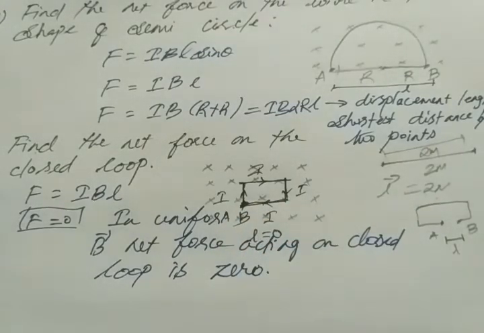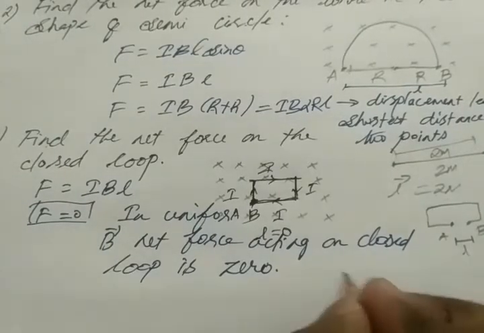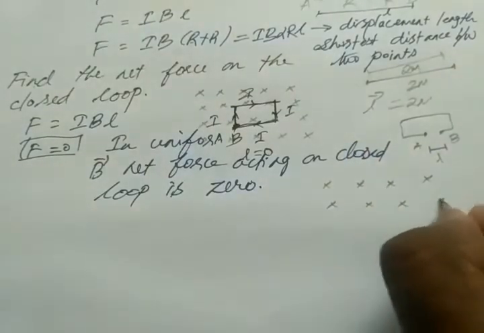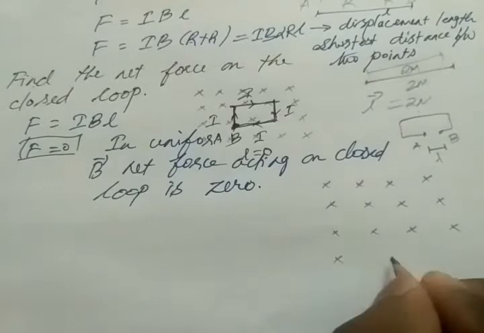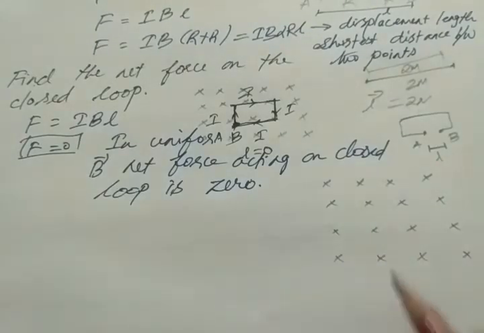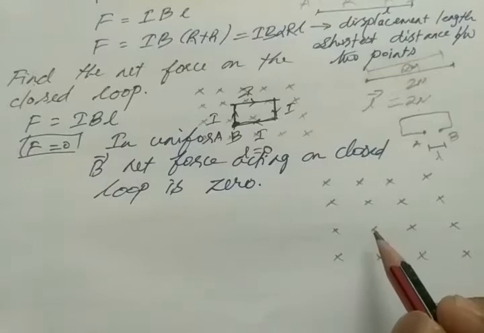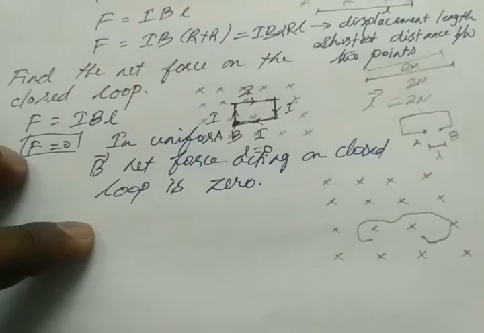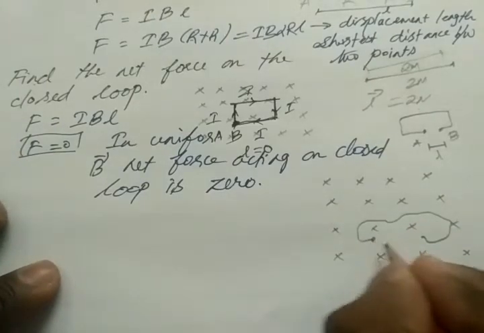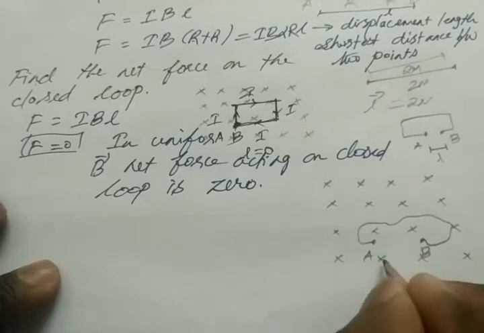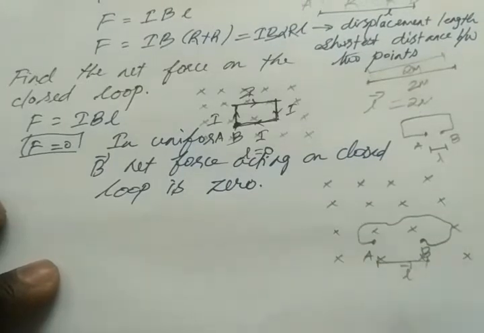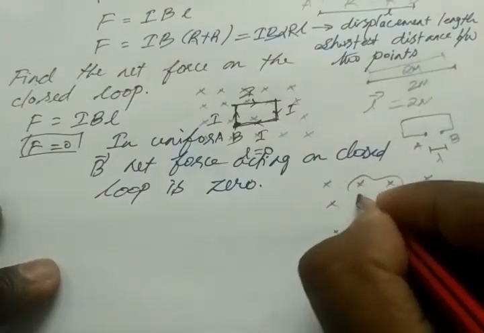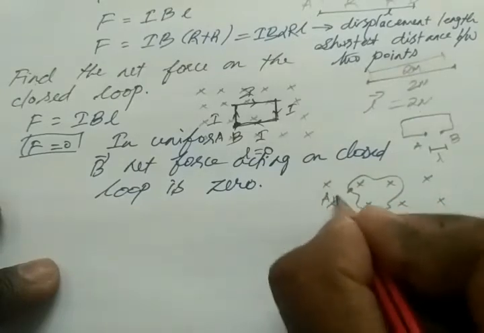Kindly know this point. If we have a magnetic field like this, and if we have a loop like this, are we able to find the magnetic force? Definitely. This is my A, this is my B, this is our L, the length element, the length vector. If these two points are joined together, I join my point A and point B.